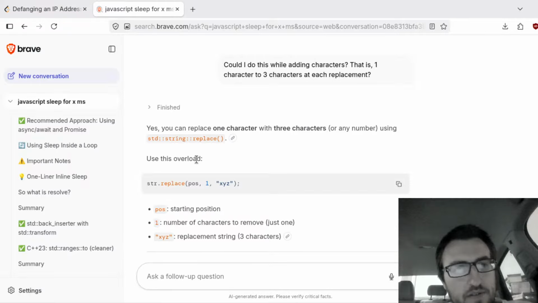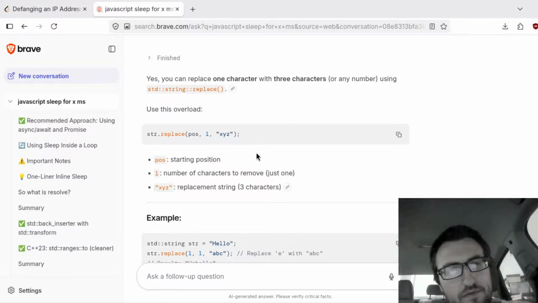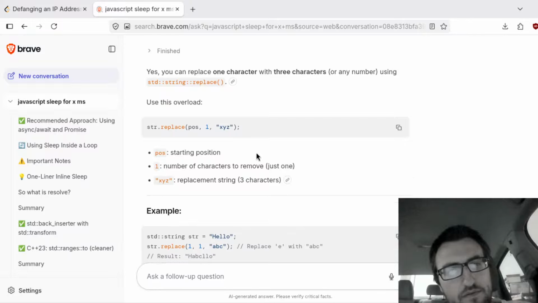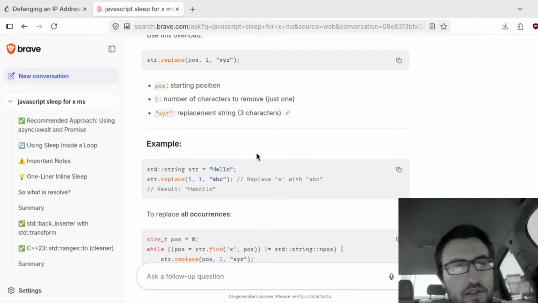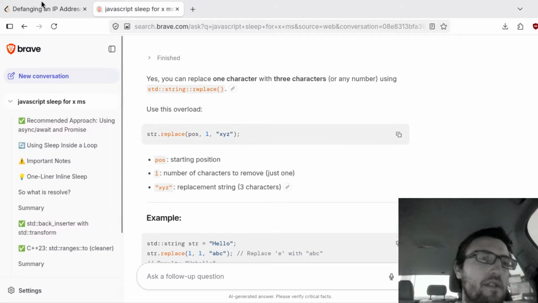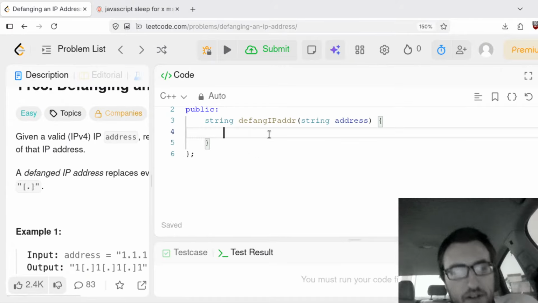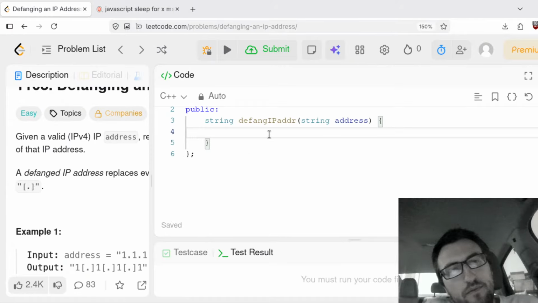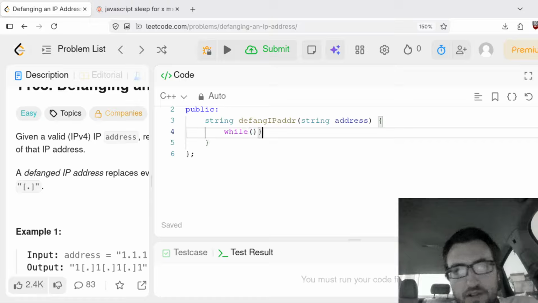Use this overload. You can. Oh. Okay. All right. Let's use that approach. I like that. So while, what did they say? They said